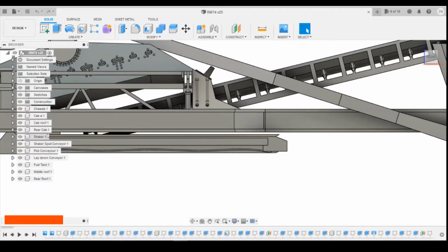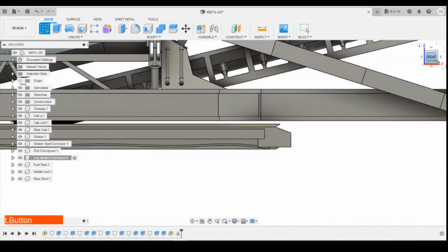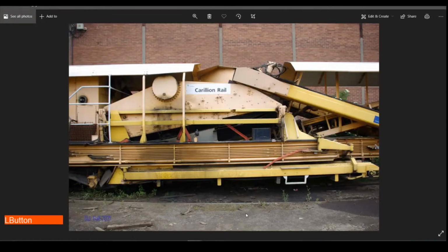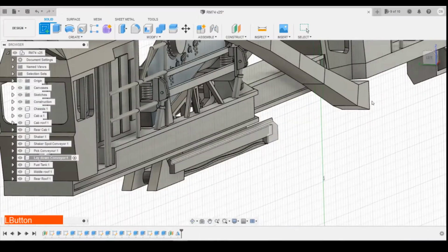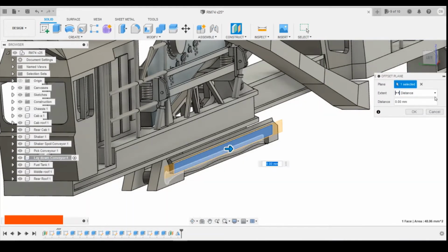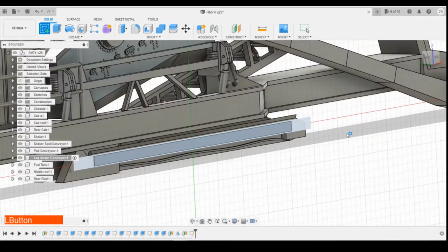So we're going to make sure we're on the lay down conveyor here, select the radio button, and then we're going to put a sketch, and I think it's going to be just inside this one. So I'm going to create an offset plane to this top surface. I'm going to do minus 0.1 on there, just so it's slightly inlaid from that. Creating a sketch on that surface,